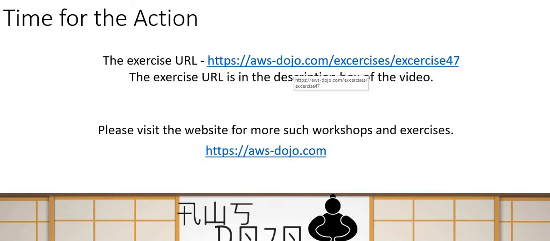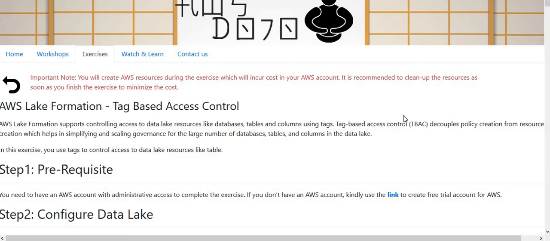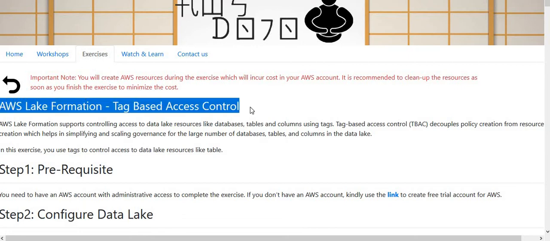Using the previous workshop which I have shared a long time back. Now what I'm going to do is configure tag-based access control into that to show how exactly the configuration works. So without wasting any more time, let's jump to our AWS console. But before that, just to show you that in our exercises,